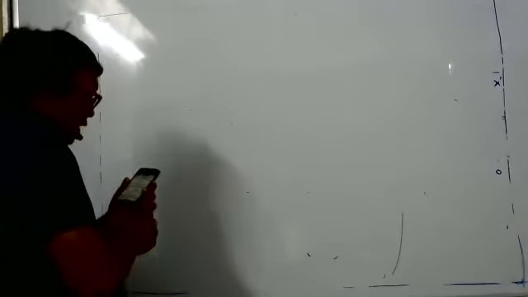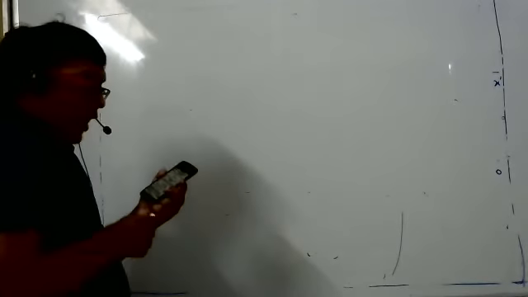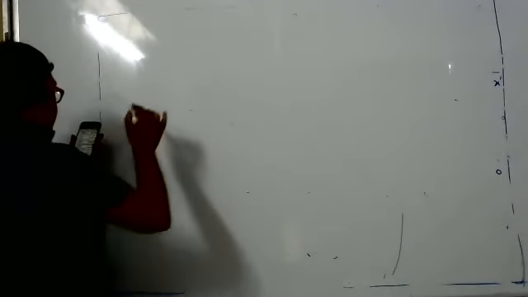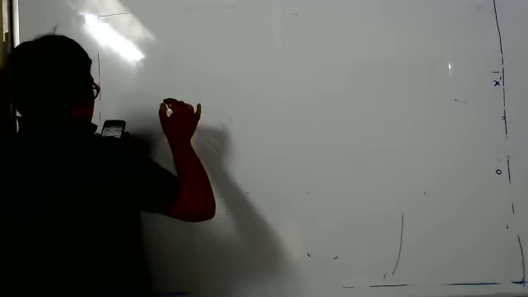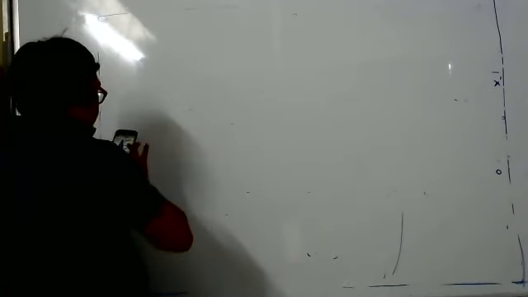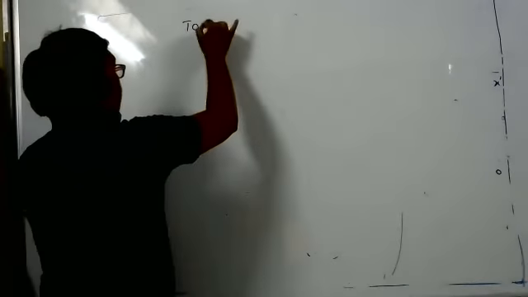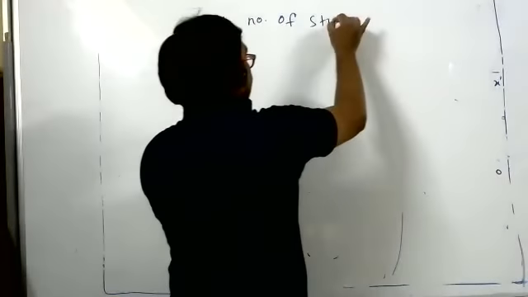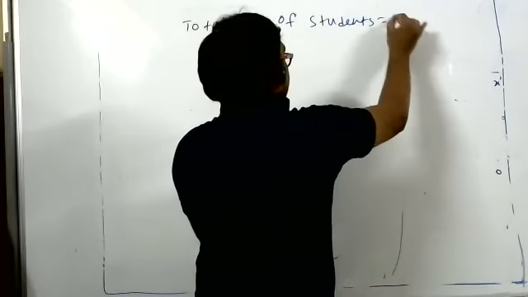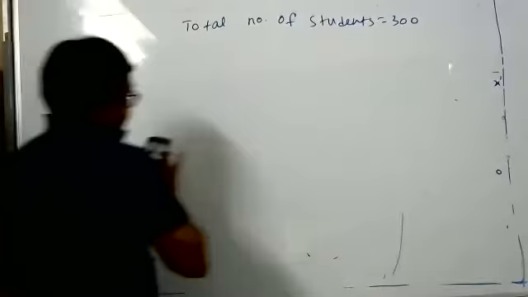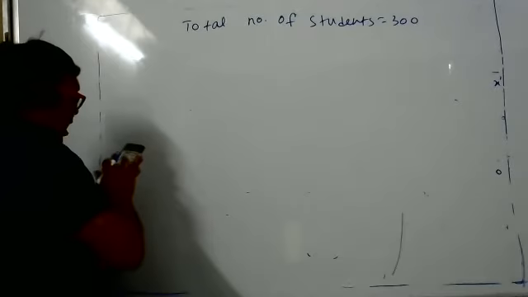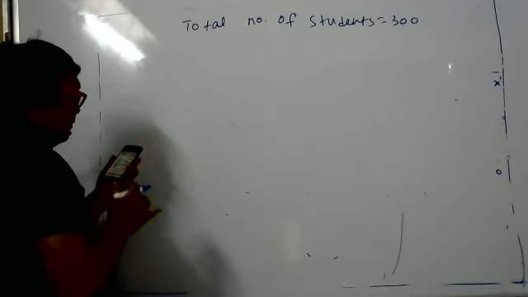See on the board. And when I tell you to ask doubts, at that time you ask, I will attend to those doubts. Don't worry. In a college of 300 students, all of you copy also, total number of students 300. Every student reads 5 newspapers and every newspaper is read by 60 students.